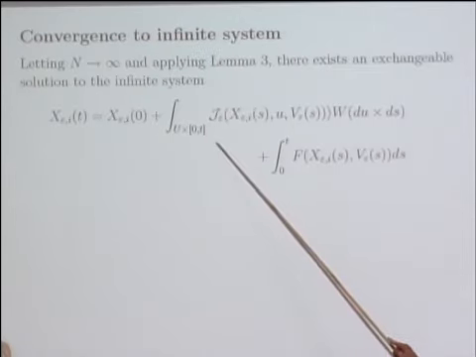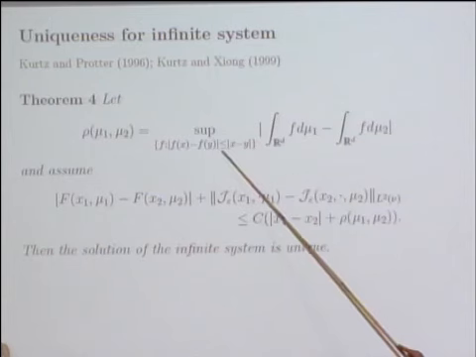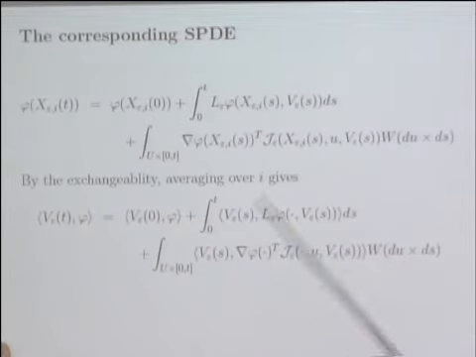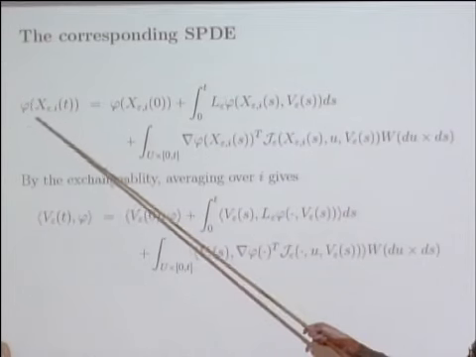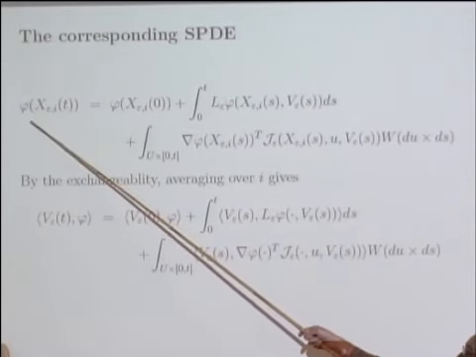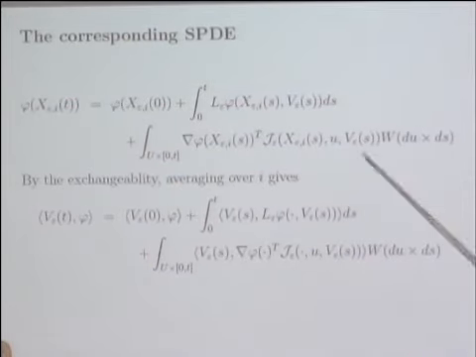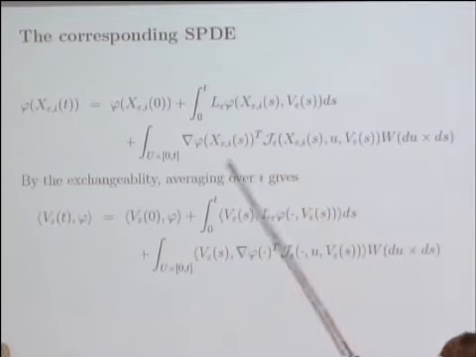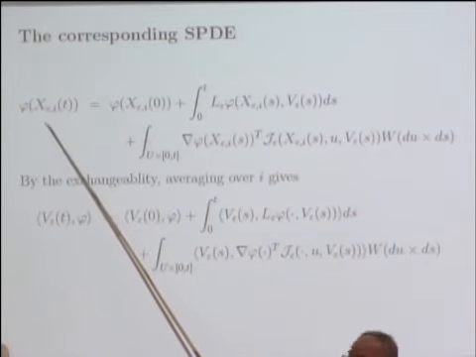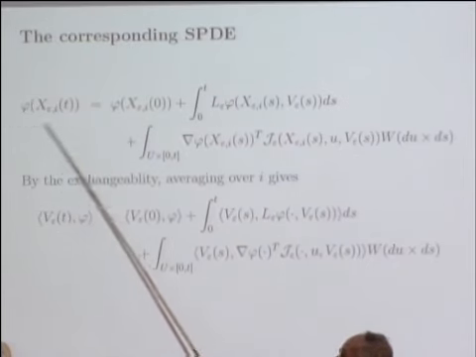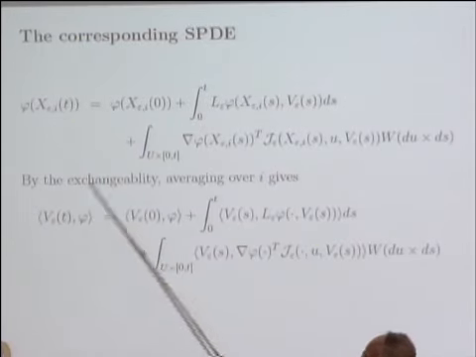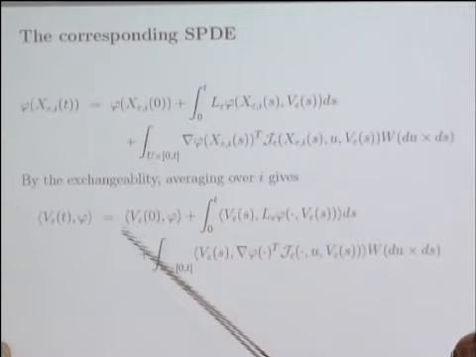Okay, so here's my infinite system, all right? My suggestion was that this has something to do with SPDE. How do I figure out what the SPDE is? And again, everything gets written in weak form. Just take some nice smooth test function phi, apply Ito's formula to it. There's the elliptic operator that showed up on the first transparency. The X_i's were exchangeable, so phi of X_i is exchangeable, and when I average this, the average of this is just this.